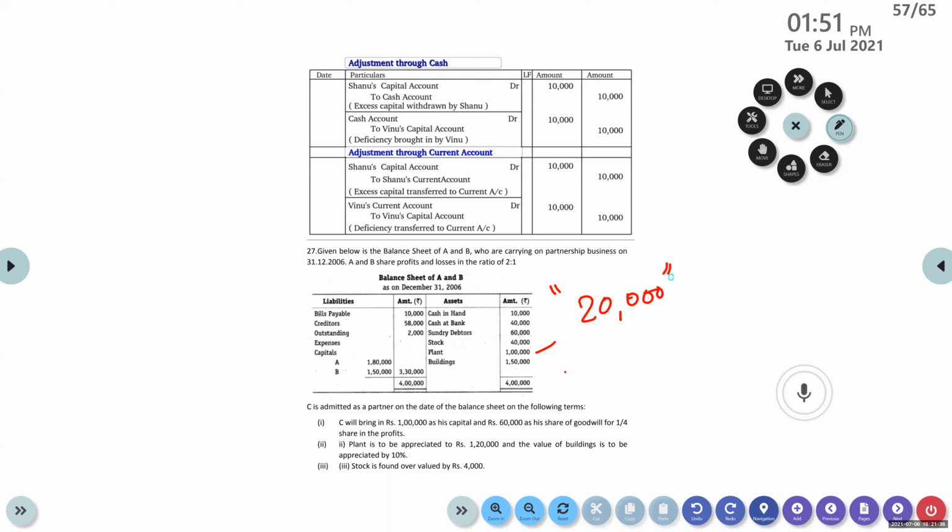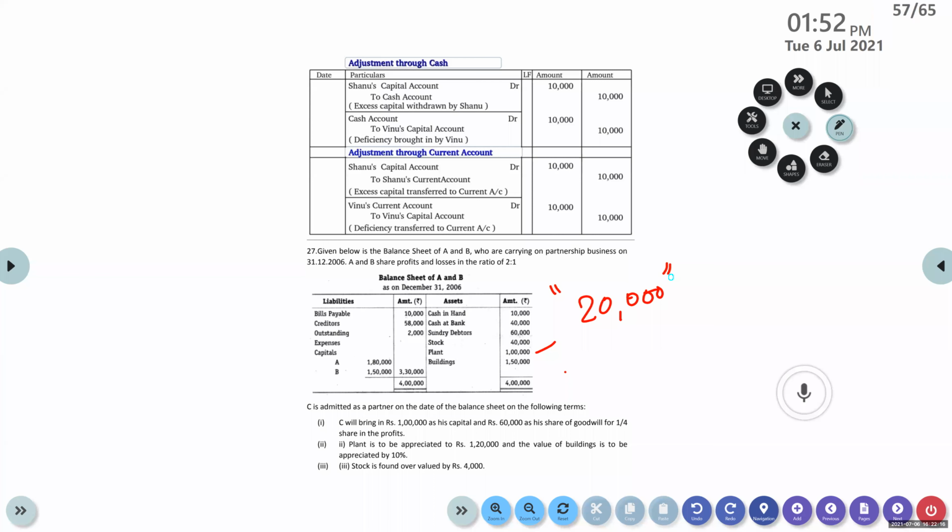Yes? Okay, you have a problem with your audio. Yes, Pavitra, which is the amount that comes in the new balance sheet? Ma'am, 1 lakh. Ah, 20,000, once more. Irfan? Ma'am, 1 lakh 20,000. Very good. 1,20,000 will be shown in the new balance sheet. In the revaluation account, the amount will be 20,000 only.